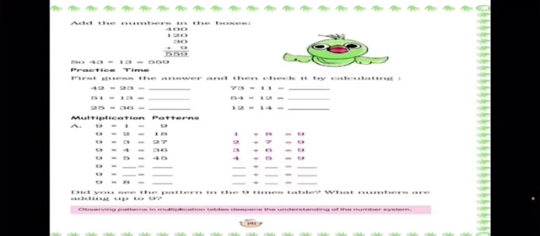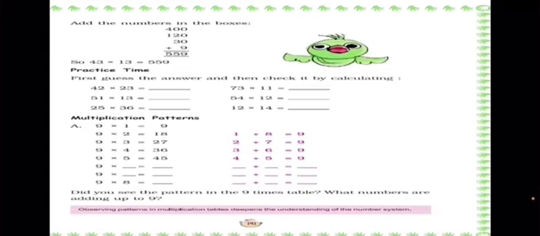Now the last one, 12 multiplied by 14. So here again, 12 is 10 plus 2, and here it's 10 plus 4. So now 10 multiplied by 10 is 100, and 10 twos are 20. Now similarly, 4 multiplied by 10 is 40, and 4 twos are 8. So the numbers we have got are 100, 40, 20 and 8.